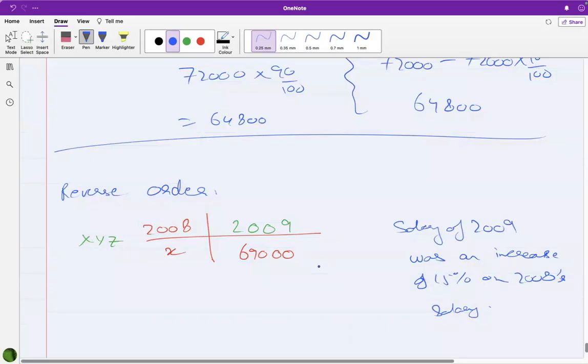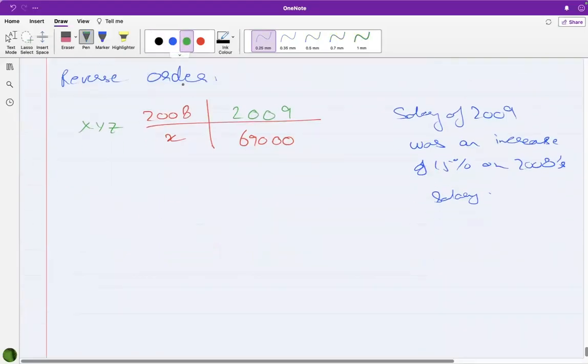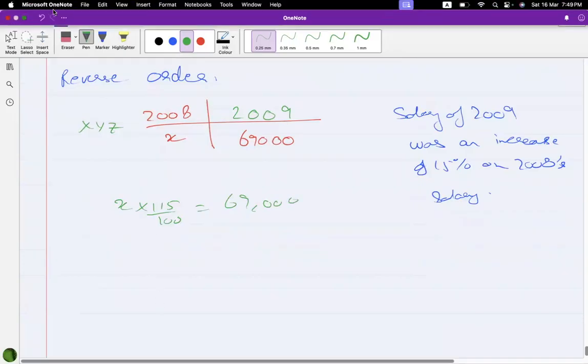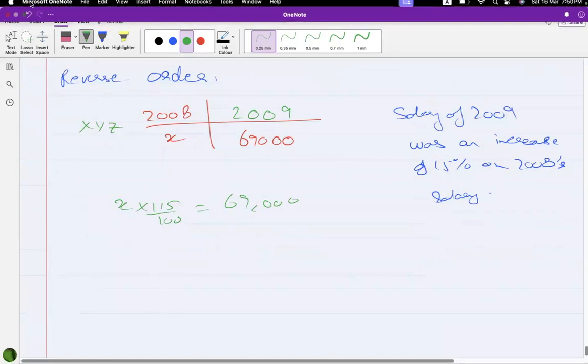$60,000? Correct. I'm just writing the steps. We may have different approaches. So X into 115 by 100 is 69,000. Okay. So if all this is clear,